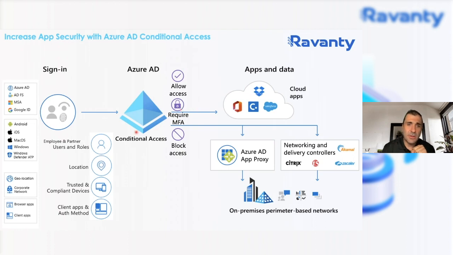And you can specify this across all your different apps, and you can have separate policies for your different cloud apps, for your on-premise apps. Some you might want more secure than others, so you can, of course, control all of that through conditional access. You can control the type of authentication. You can control things like forcing only passwordless logon, as an example.